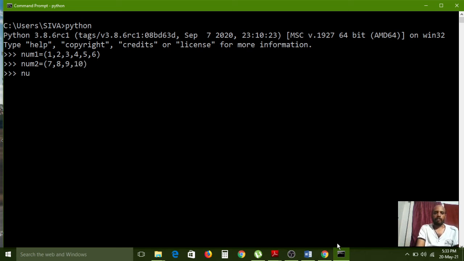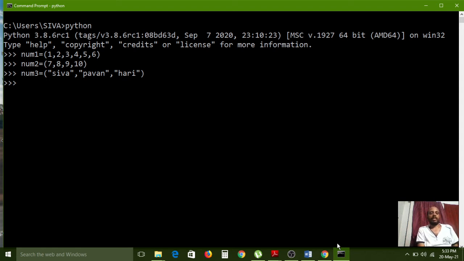And next num3 equal to opening and closing brackets, and in between these two brackets, Siva, Pavan, Hari, in double quotes, the string values I have passed. Like that, here 3 tuples I have created with different values. Now I would like to combine these 3 tuples into a single unit.